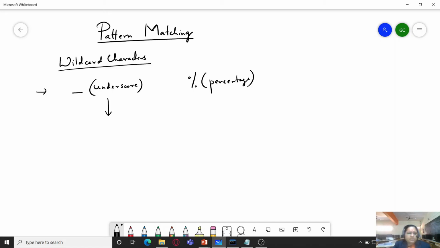Now, what is the underscore symbol used for? It is used for searching for exactly one character, and that too an arbitrary character. That is, it could be any character. It could be an alphabet, it could be a digit, it could be a special symbol. And percentage means we are looking for zero or more arbitrary characters.